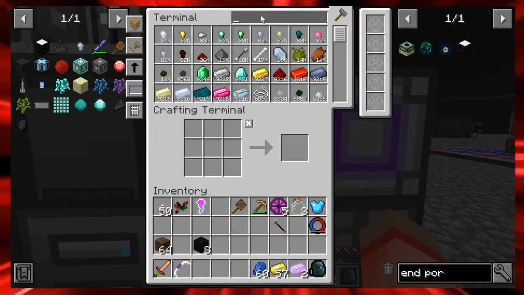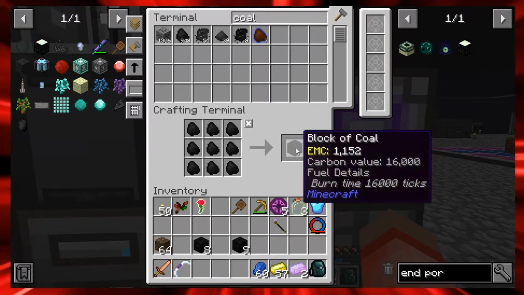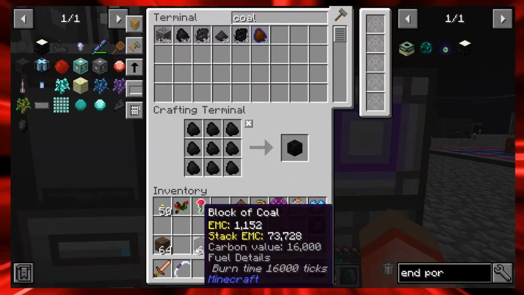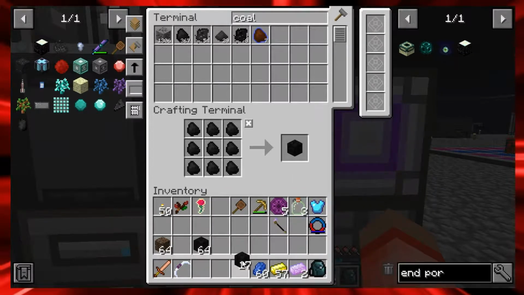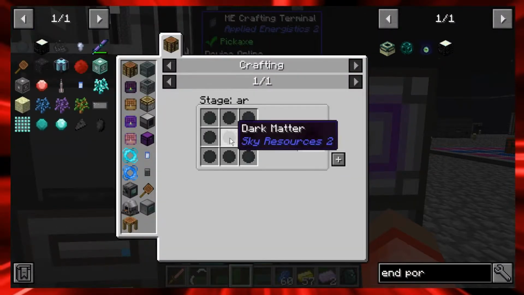Let's see, coal. All right, and we're going to need, let's see, was it 8 blocks? 1, 2, 3, 4, 5, 6, 7, 8. I need 3 of them, so I need 20. Let's just get a stack of those. Did I get a stack? Get a stack now? Wait. Block of coal, block of coal. There we go. All right, and if I take that and